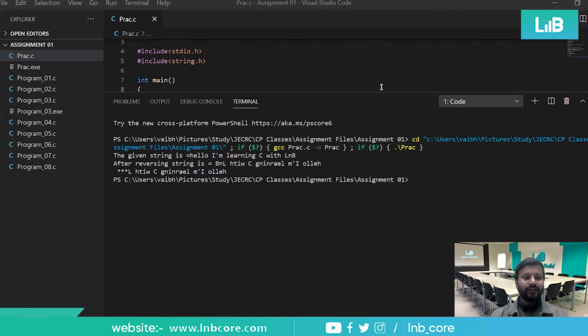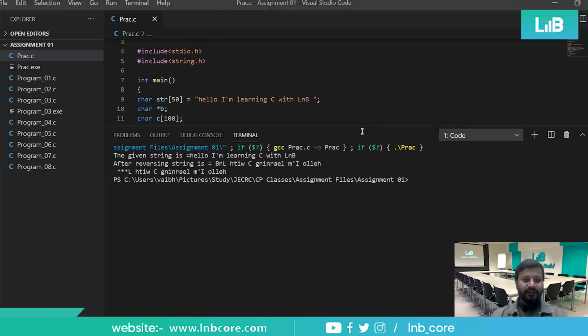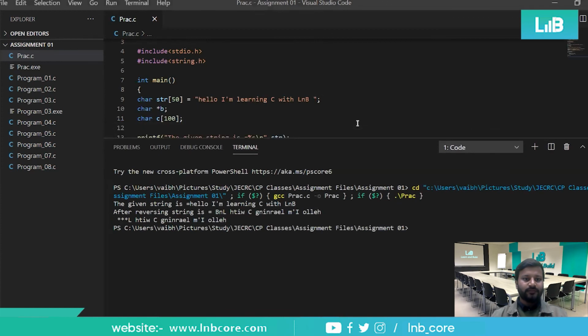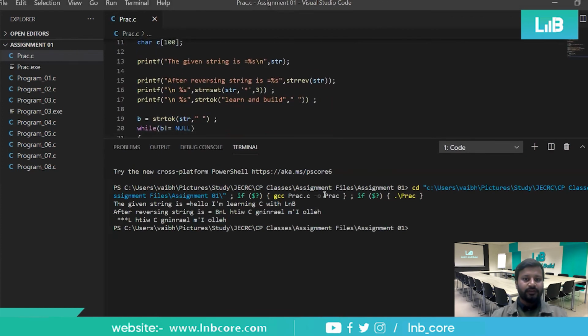So the given string is hello, I am learning C with LNB. This was the first sentence. Then after reversing the string, this came out, BLNL space something like that. Then the third command, which has replaced n number of letters, which means 3 letters from the string. It was strnset, str, comma, asterisk, comma 3.